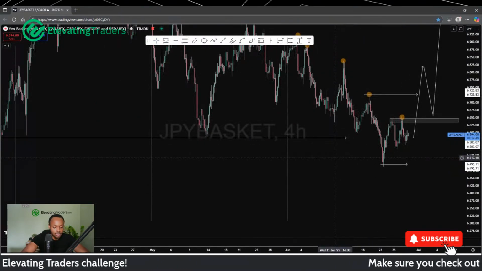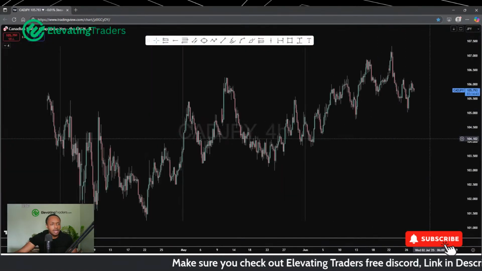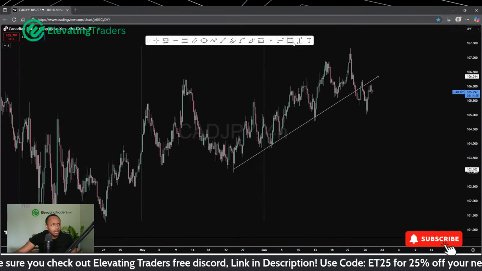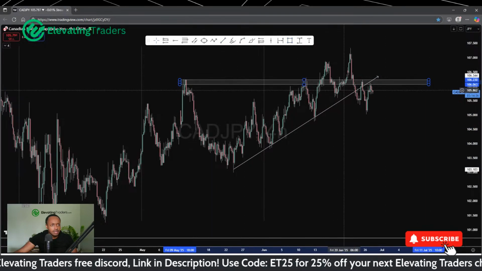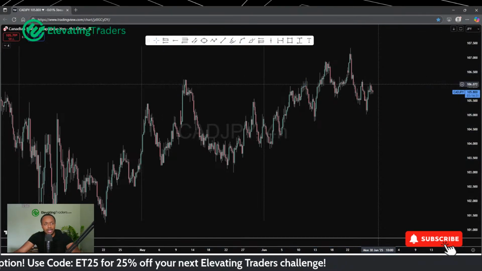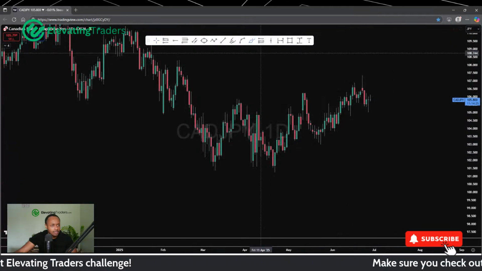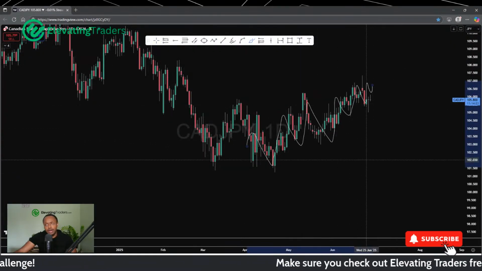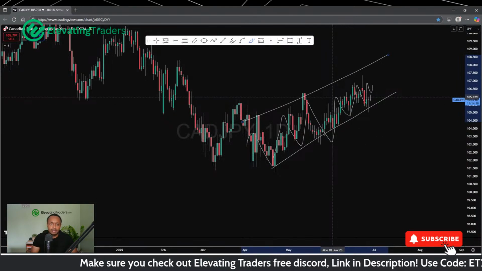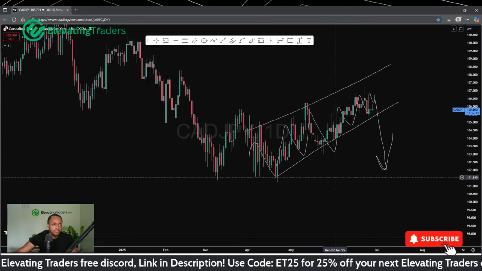So taking that into consideration with some other yen pairs, if we have a look at CAD yen, it's been a bit awkward, I have to admit. We did break lower with this one. We broke through the trend line. We broke back below resistance here and actually retested it very well. So for the most part, I would say CAD yen does look pretty bearish. I'm also not convinced with this up move. It's just extremely corrective. And when we're seeing corrective moves like this, nine times out of 10, I'm expecting price to break lower at some point.